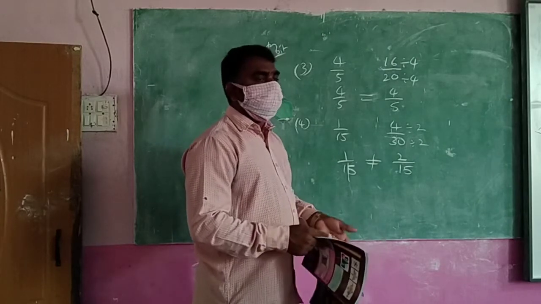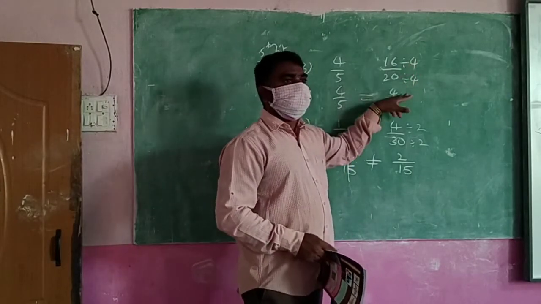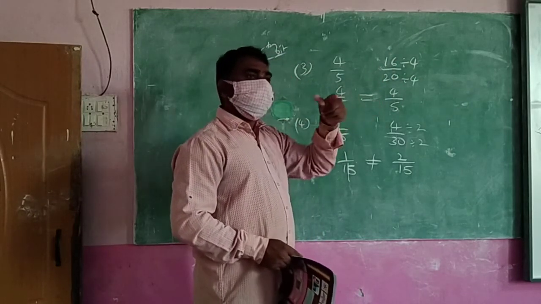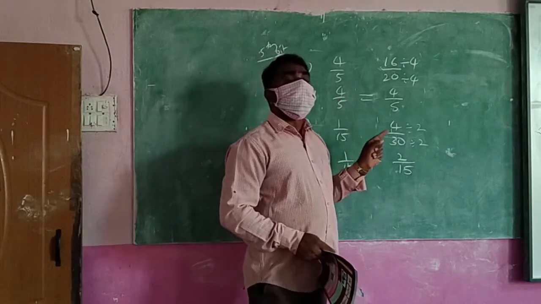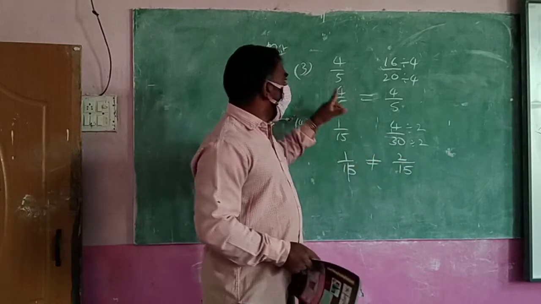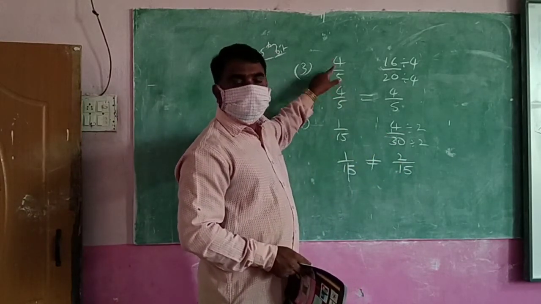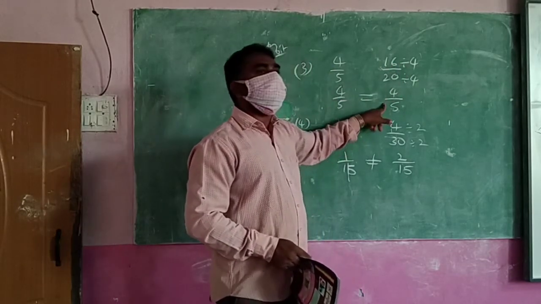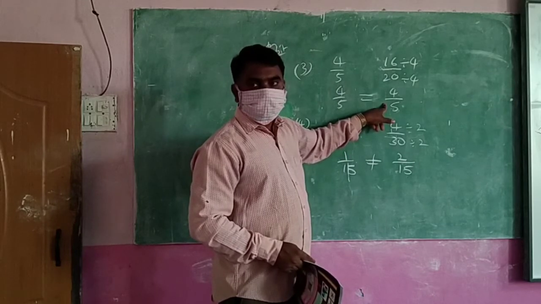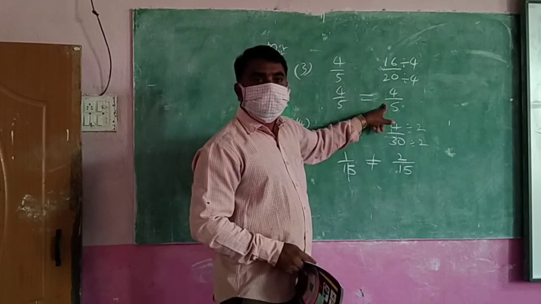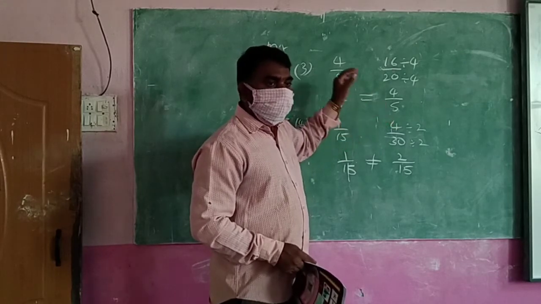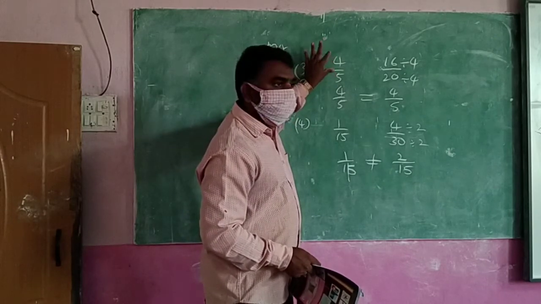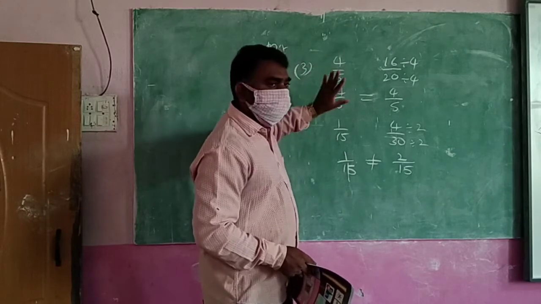Anyone, maybe first one also, second one also, if you can change by division, change it. After changing, I already said to you one word, standard form, which are not divisible. This one, we can't divide by any table. That is called standard form. This is not in standard form. You divide it, after that it becomes standard. If you can divide with same table, that is not standard form. Here I can't divide, that is standard form. This is already in standard form, that's why I didn't touch it.